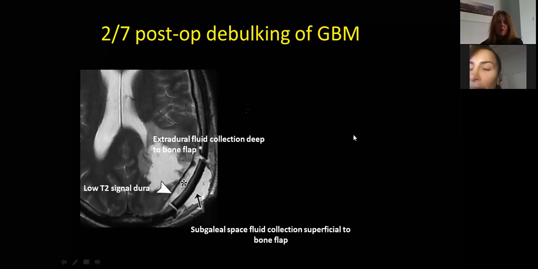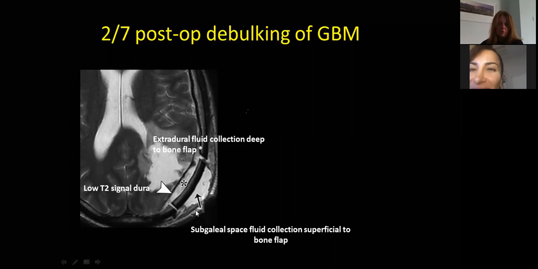This is an MRI actually, just to show you, again, trying to distinguish which compartments everything's in. So if we start superficial to the bone flap here, you can see this is the bone flap here. I'm showing an MRI, but this is T2, so bone is dark. You can see these are the margins, posterior margin, anterior margin, normal calvarium. And then you can also see here, so you've got skin here, and then you have this